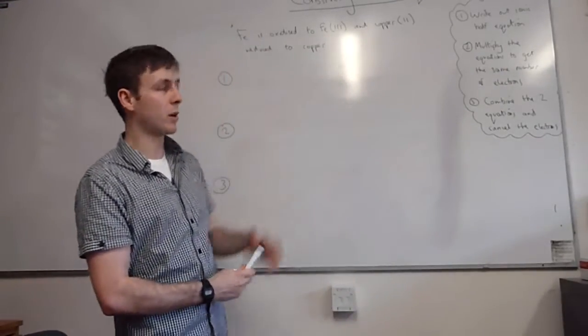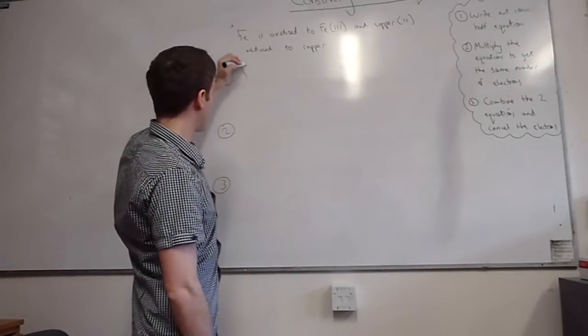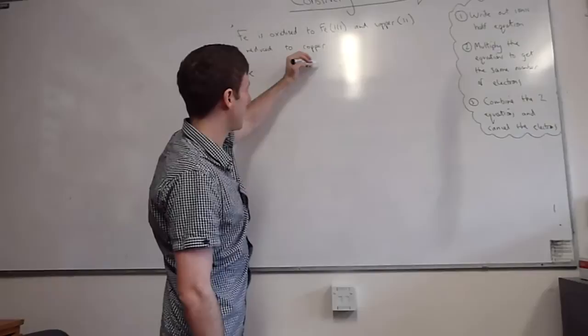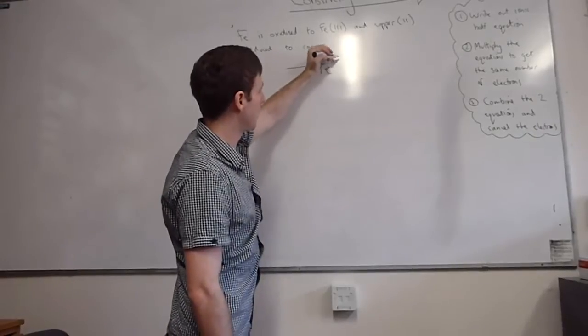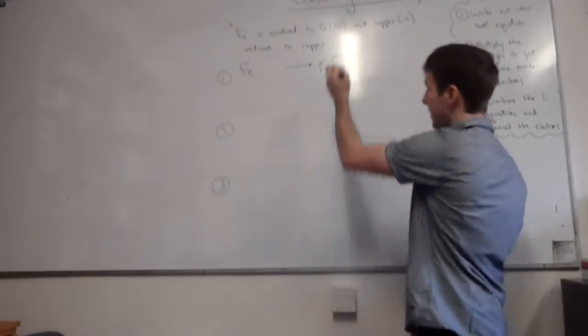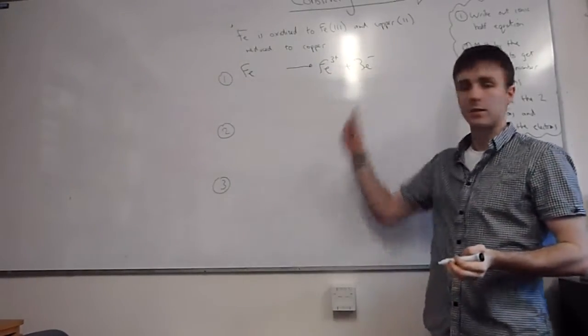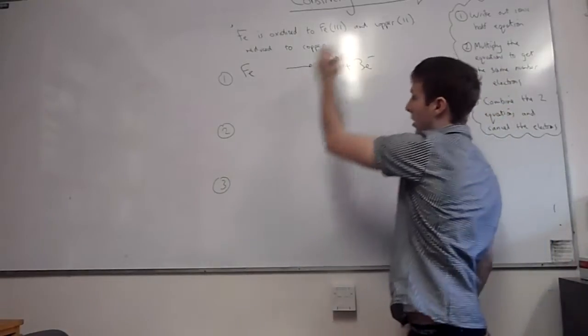So first step, I'm going to write out my ionic half equations. So let's look at what I've got. I've got iron, and that is getting changed into iron 3+. Well, let's balance out by adding electrons to one side. Obviously, I need 3 electrons there to balance the charges. I've also got copper 2+,